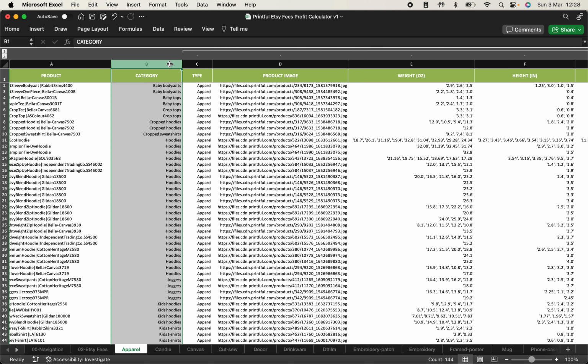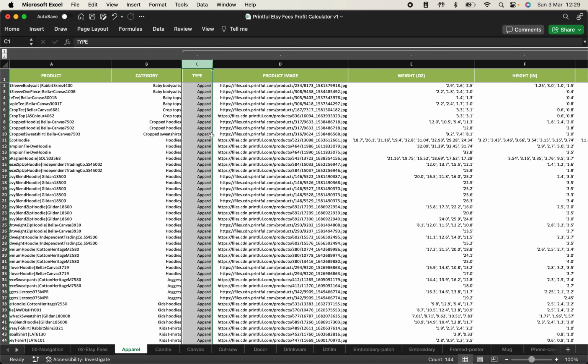You want to have a good product mix that allows you to potentially have products that are cheaper and then some that are more expensive, and then you can also do upsells and cross-sells. So product category is quite useful for that. You can have a look at and see how many different categories you cover, and then that'll help you shape up your product mix. Product type is just all apparel, so we can kind of ignore this one a little